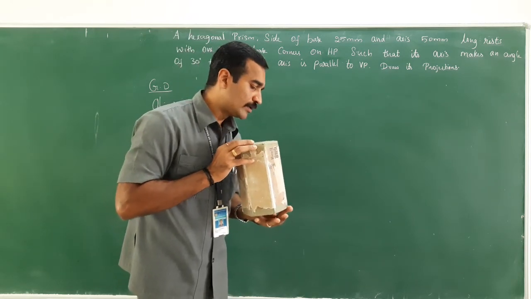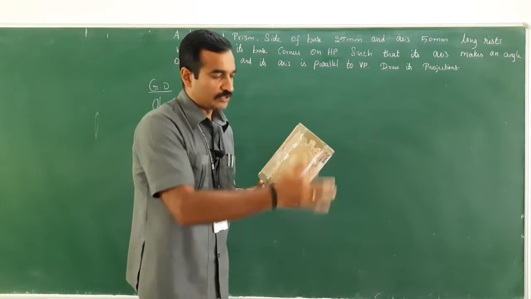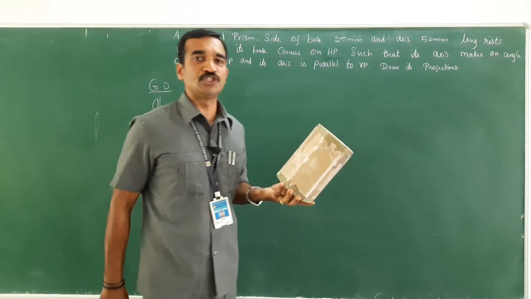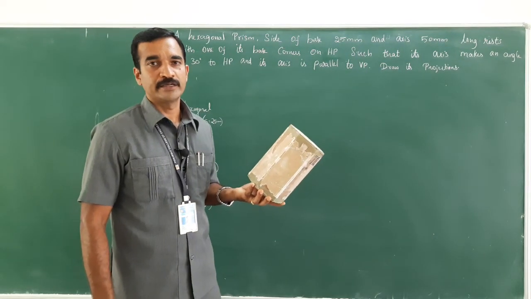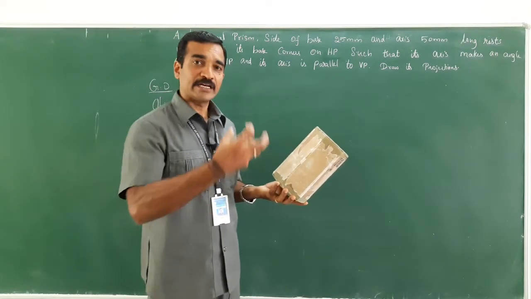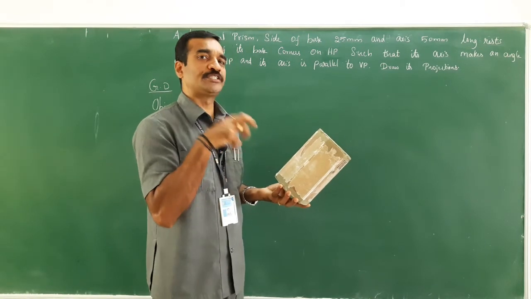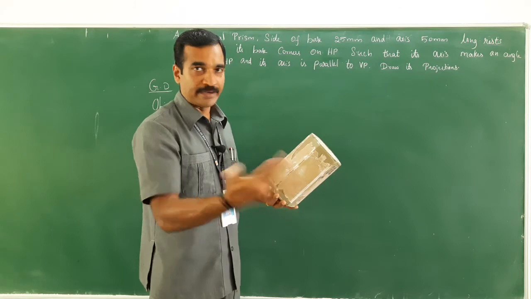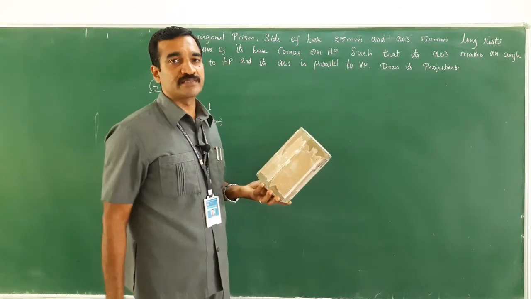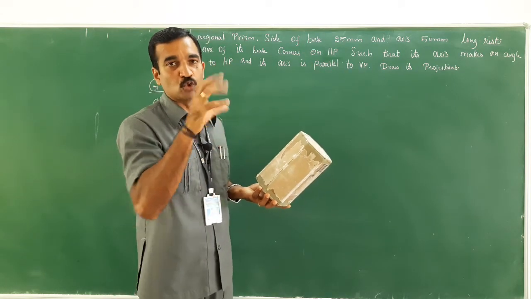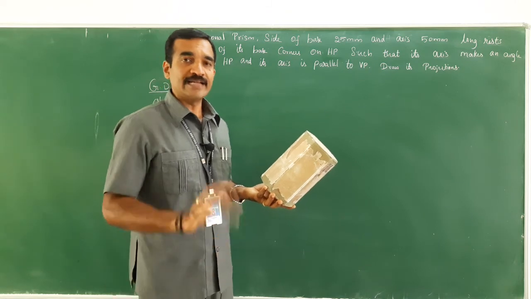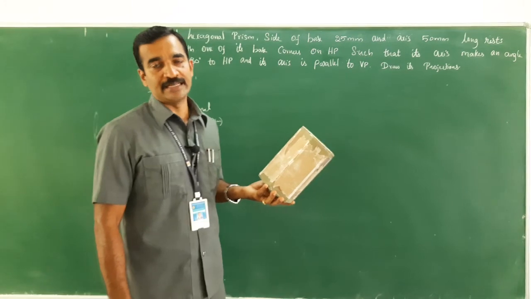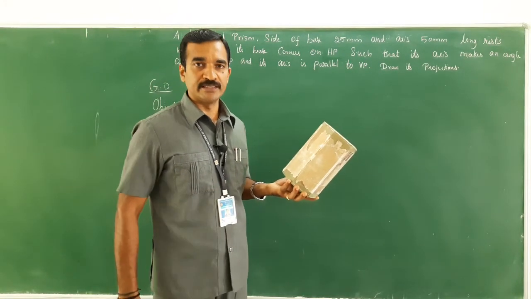Look here, this is how it is inclined. So this makes 30 degrees with HP. This is the final position. Where could I see the true shape, that is a hexagon? From the top I can't see it, from the front I can't see it, from the side also I can't see the hexagonal shape, that is the true shape. In that scenario, the method which we use is the change of position method.